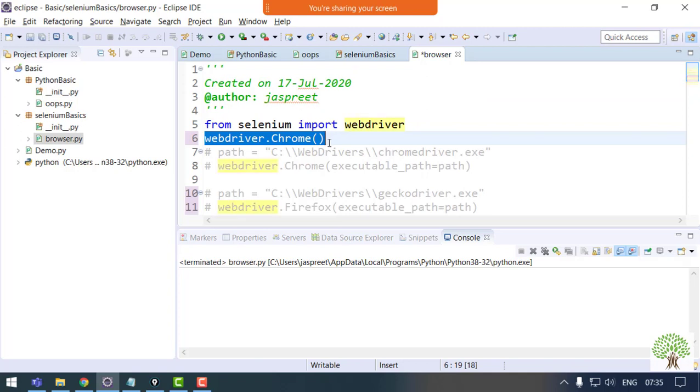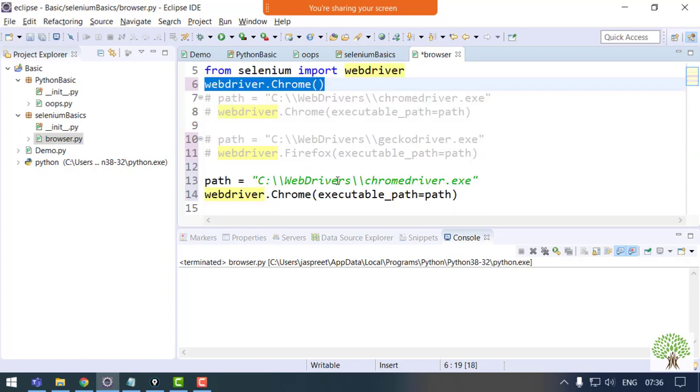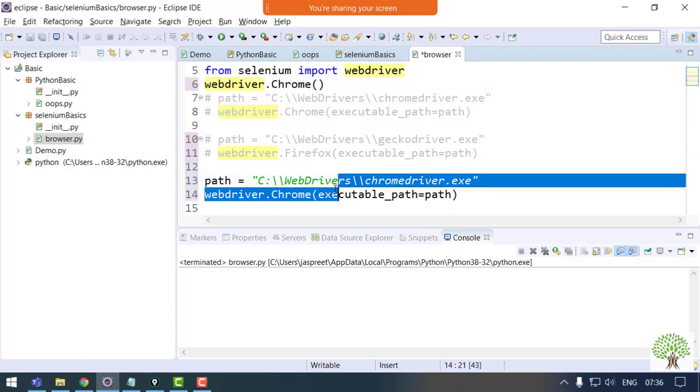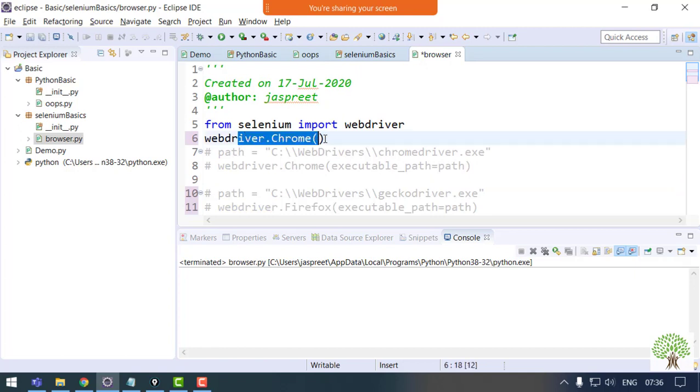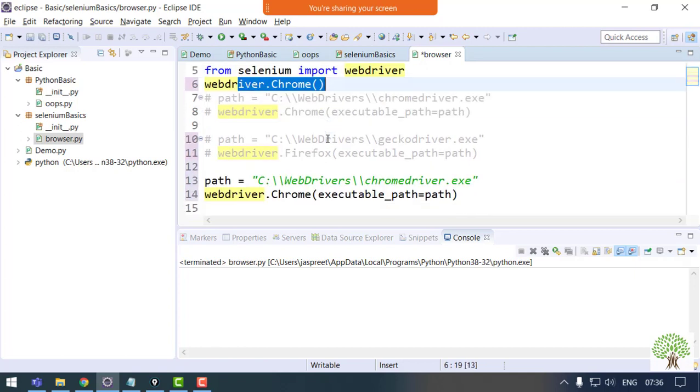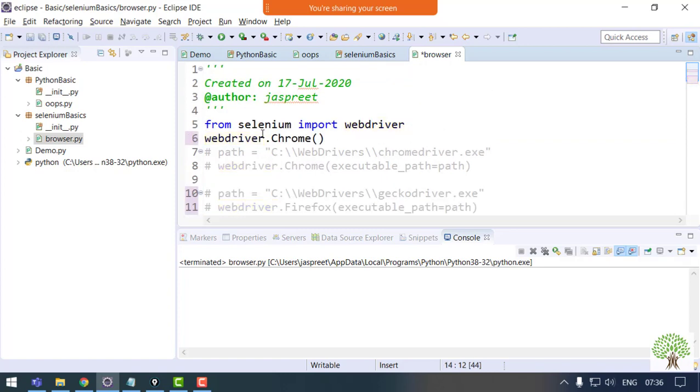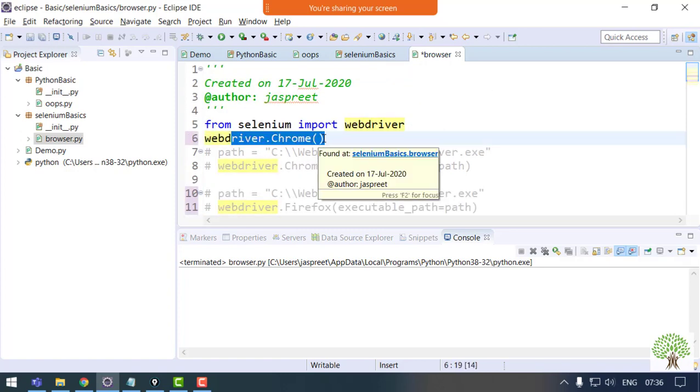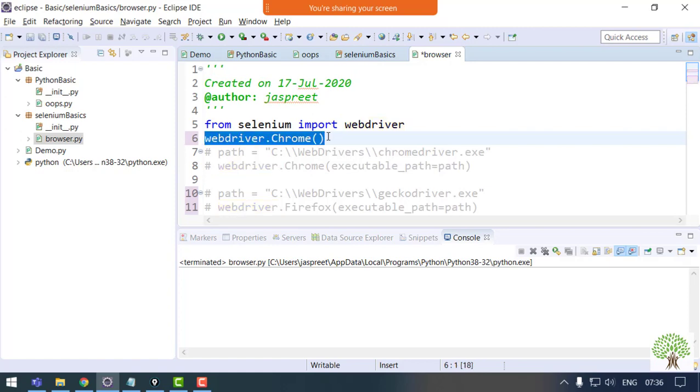In every code where you are going to open any instance, this will be the only command. You need not extend any class, you need not import it from somewhere, nothing you need to do. We'll come to this once I cover the two browsers which are left. We'll come to how this is possible. Fine, so just bear with me for 5 to 10 minutes until I complete this. Then I'll tell you what we can do for this. Fine, for this only command. Okay?